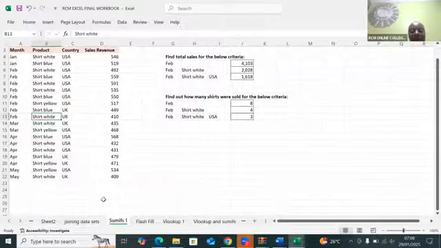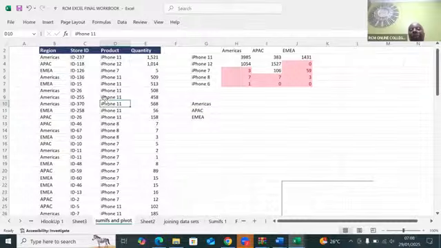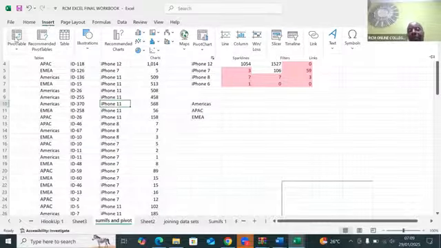Remember we had, not this one. Yeah, this one. So remember, these figures, 3985, these figures are very, very important for you. So please come and click anywhere inside here. Once you click, come here and say you want to insert a pivot table.